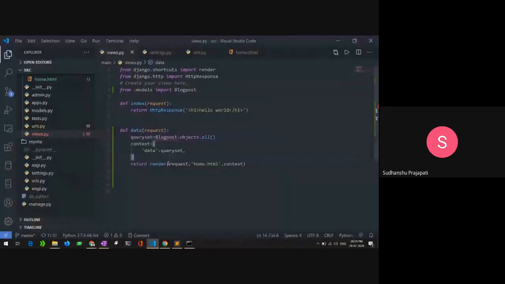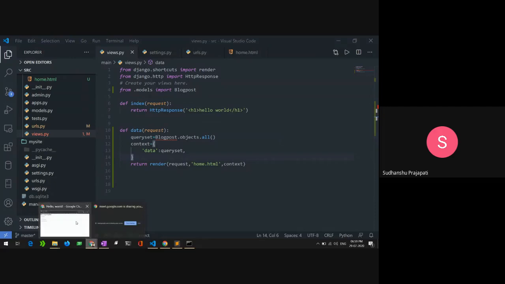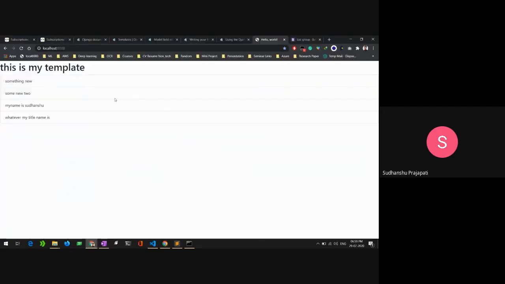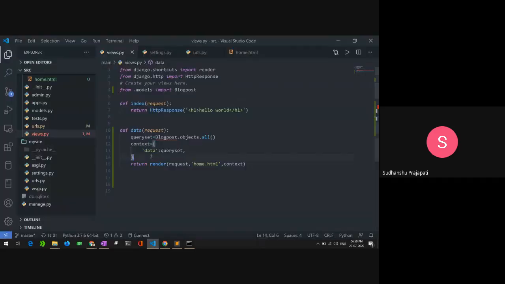Tomorrow we will discuss how you can use conditions and how you can get data from the user using the browser. Here we will create a form so that whatever data the user is typing, we can get and store it in the database or do whatever we like with it.